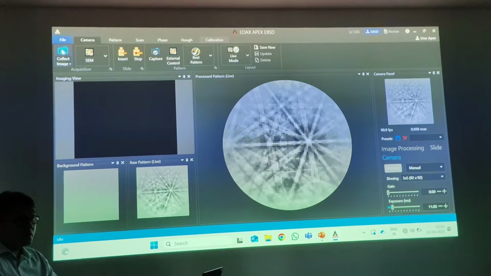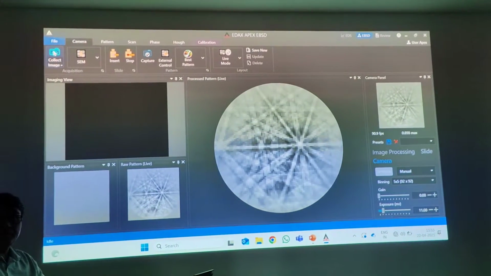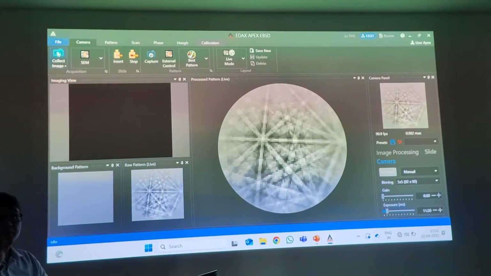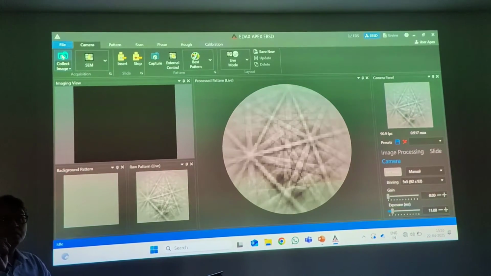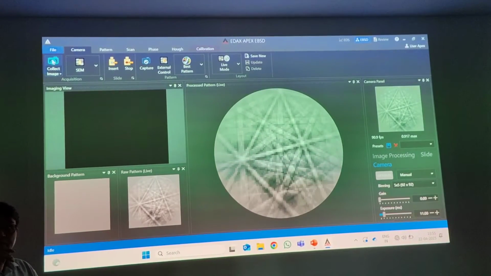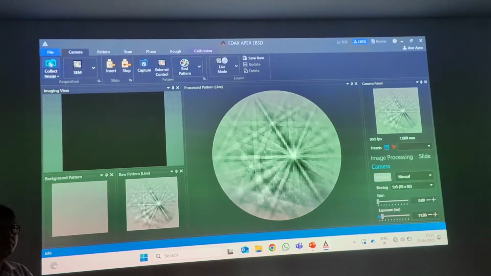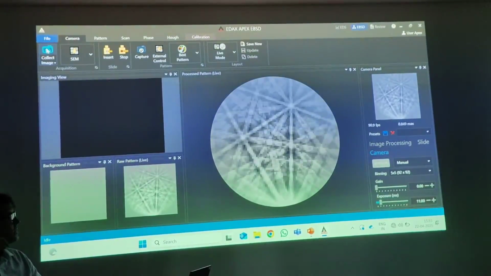And we will see, your sample has to be at 70-degree tilt. You guys are familiar with EBSD, all of you? Yes, sir. How many of you have used EBSD before? So just the analysis part I have done. Okay, nothing more. Anybody else who has done EBSD before? No, sir. Or are familiar with EBSD? No.